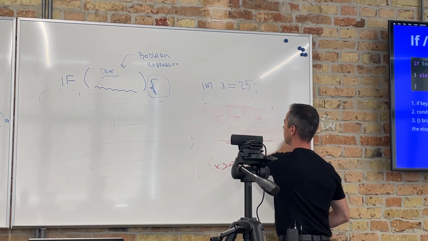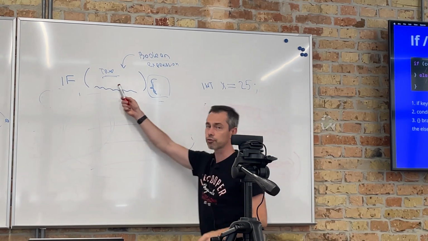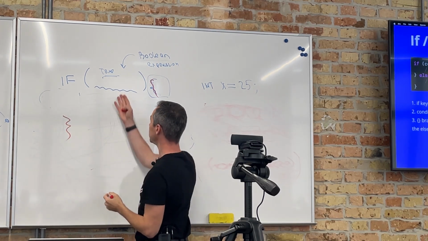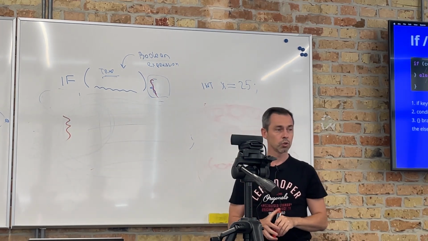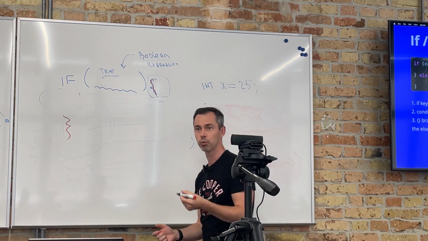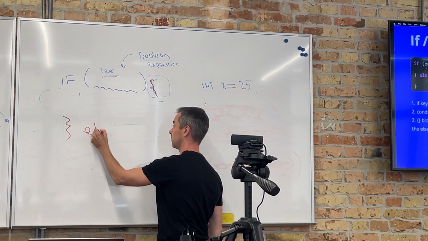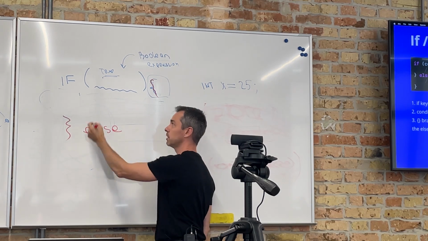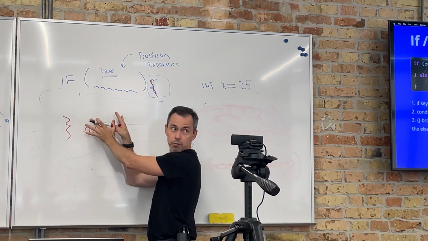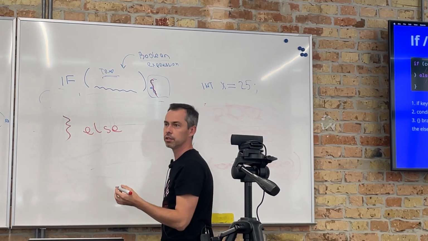So we understand this overall idea if our expression is true. The question is, if this expression is false, what should we do? Can we handle that situation somehow? Yes, we can. How? You know that, many of you. Else. This is another keyword in this if. It is optional, so you could write your program without else. It is possible. Sometimes you just don't need that. But in many cases, you really need.